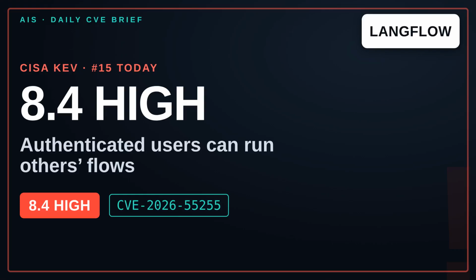Today's number 15 most urgent vulnerability on the Daily Ranked CVE Brief is CVE-2026-55255 in Langflow. And even though it is not a perfect 10, it earns attention because it combines three things defenders should never ignore: a high CVSS score, a very high EPSS percentile, and placement on CISA's known exploited vulnerabilities